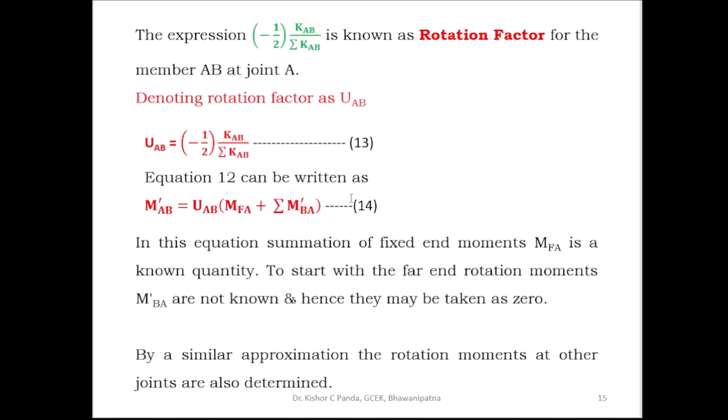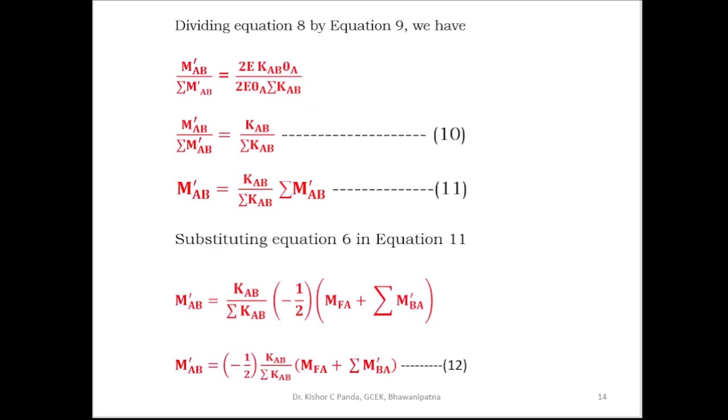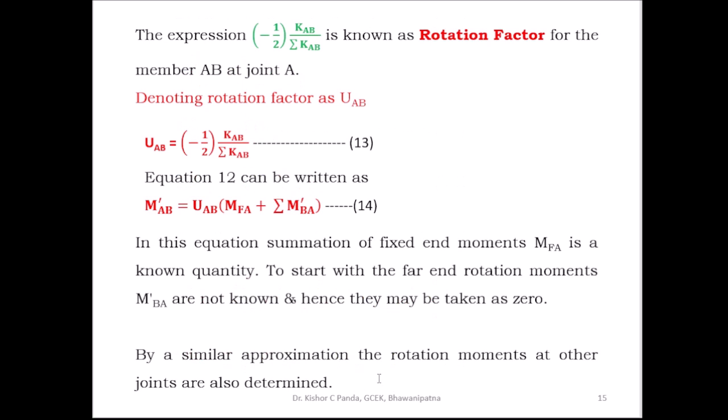Equation 12 can be written as follows. You know in equation 12, m dash AB is equal to minus half KB by summation of KB into MFA plus summation of m dash BA. As you know, minus half into KB by summation of KB is the rotation factor, which you can denote by UAB. So you can write m dash AB is equal to UAB into MFA plus summation of m dash BA. So in this equation,